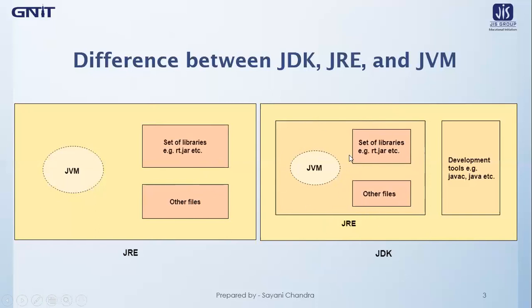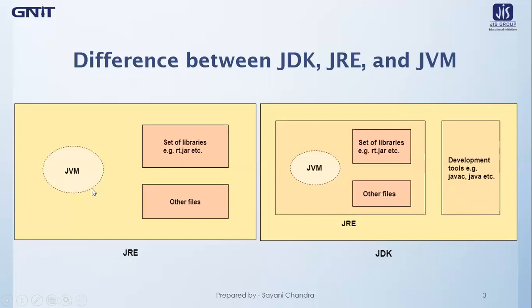So JDK contains JRE. Along with JRE, it also contains some development tools that are needed by Java in order to develop an application. And those tools are like the compiler that are needed to compile a source code and to produce the bytecode, which is known as Javac, a documentation generator, which is known as Javadoc, an archiver, which is known as jar, etc. These are the development tools that are very much essential in order to develop a Java application, which are contained in the JDK itself or Java Development Kit.